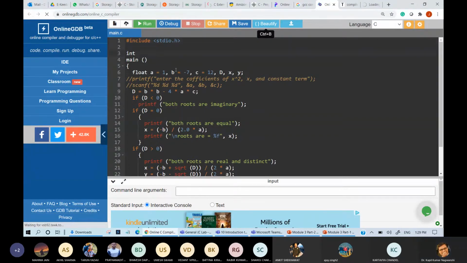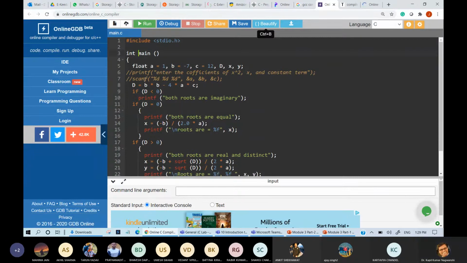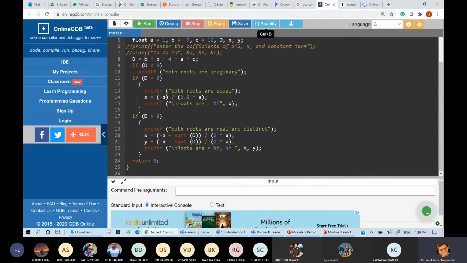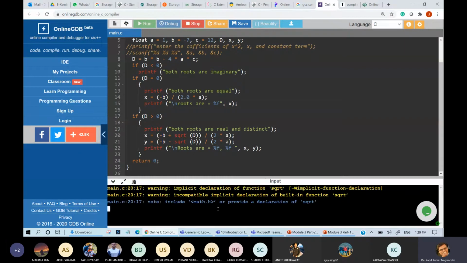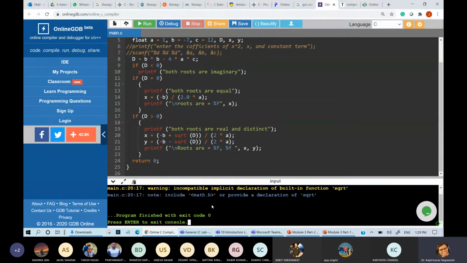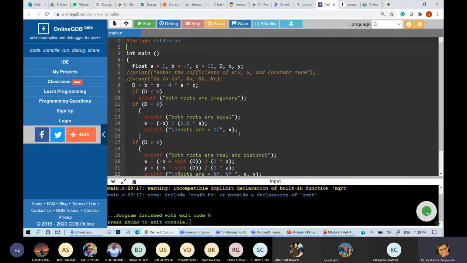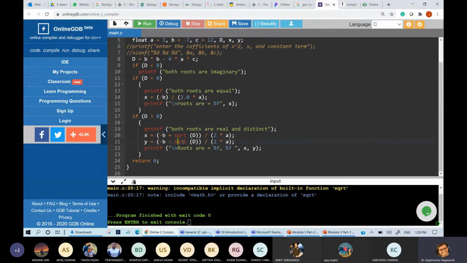Now, if everything is okay, then it will run. If I run it, it will not give me any output. I need to include math.h, because I have used one function, sqrt, square root, here.